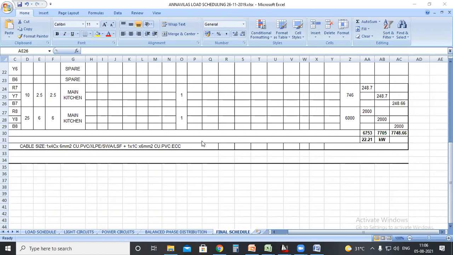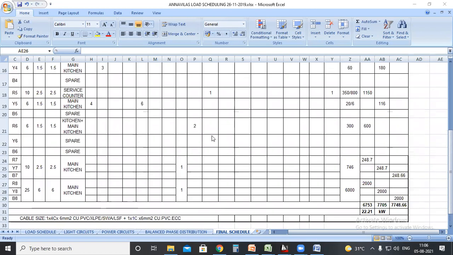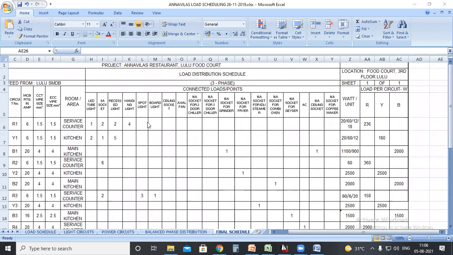So in this particular load schedule, we are considering only this particular DB. If you're doing a real project, we will have multiple distribution boards and panel boards, so we need to arrange the panel board and distribution board loads accordingly. I hope the load schedule part and the balancing part is clear. So now we can go to the